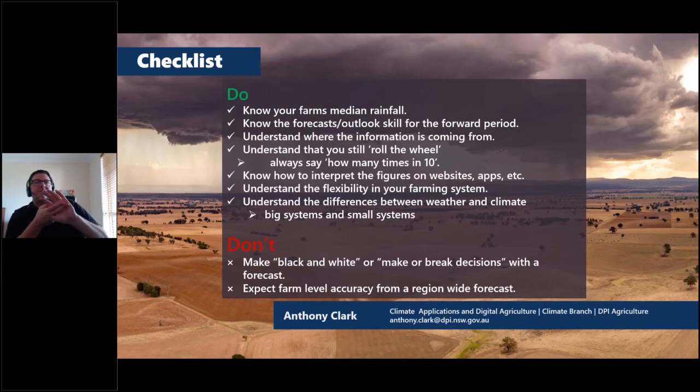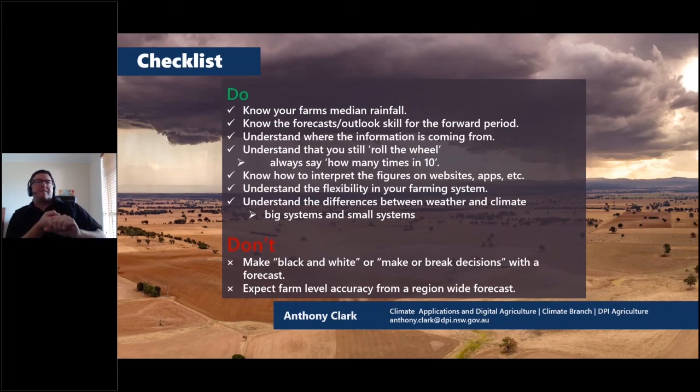Understand the flexibility in your farming systems. It's not always about the forecast. Sometimes it's our ability of our systems and our strategies to respond to the forecasts. That's a fairly broad statement. The reason it's broad is when it gets to the nitty gritty, almost every farm's different. Every farm's got a different business strategy. Their rotations are different. They're trying different things. But it's really important if you're going to use forecasts to understand how much flexibility you've got in your framework, in your decision, and know how to apply a forecast to that particular decision.